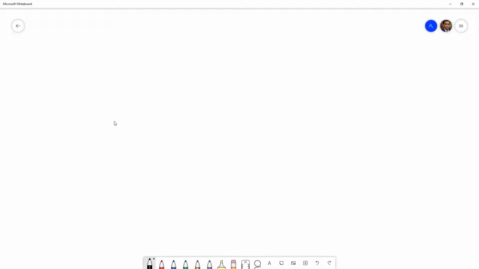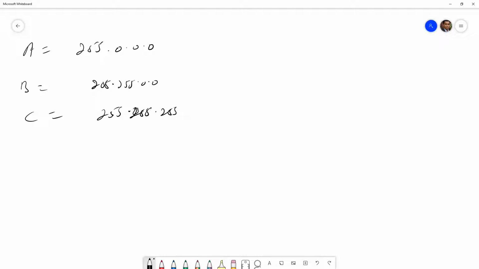So class A has a subnet mask, right? B has, right? Okay, so that's how we write the subnet mask. Basically, we can also write this in this format: 8, 16, and 24. Why? How many bits have we borrowed? Clear? So we can also write it this way as well.